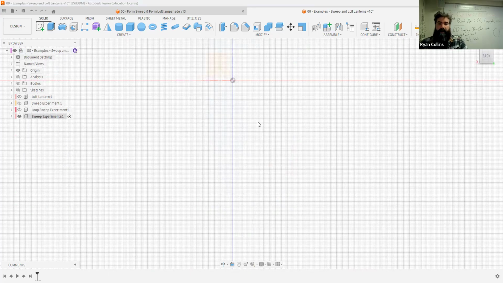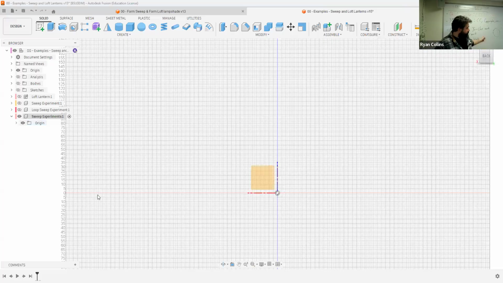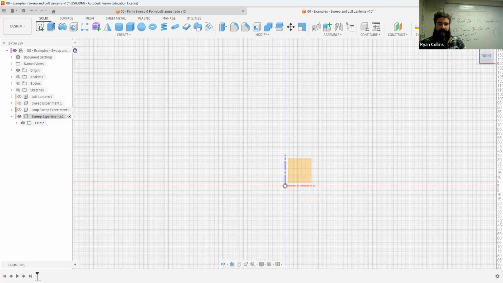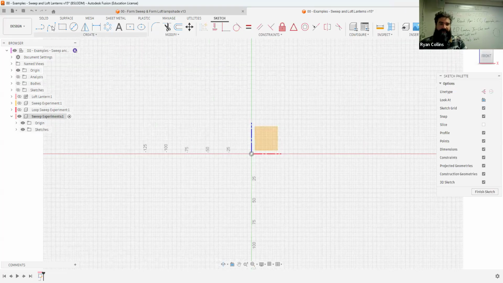There we go. So remember the combination, you need a path and a profile for a sweep. So we're going to start with a sketch. Let me just start from the front. It doesn't really matter, but there we are. So with this, we'll sketch right there. And we'll do something like,